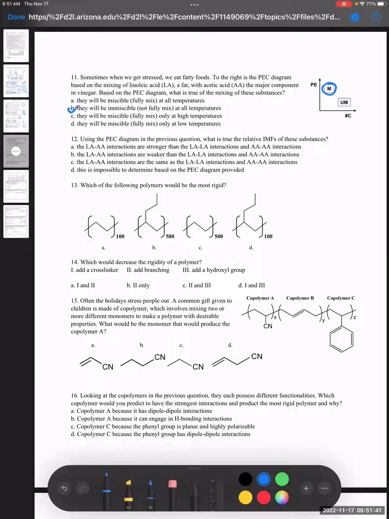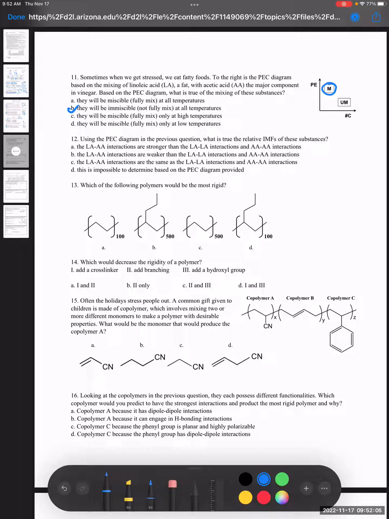That is option B. They will be miscible. No, okay, this is going to be immiscible at all temperatures, because both potential energy and the number of configurations do not favor the mixed state. Moving on to question 12, used in the PEG diagram, the previous question, what is true for the relative intermolecular forces of these substances? In the mixed state, we have